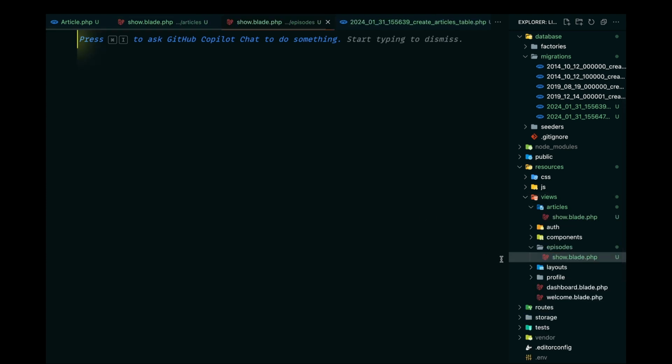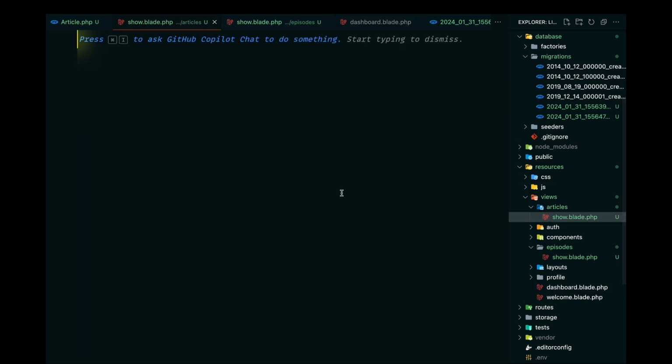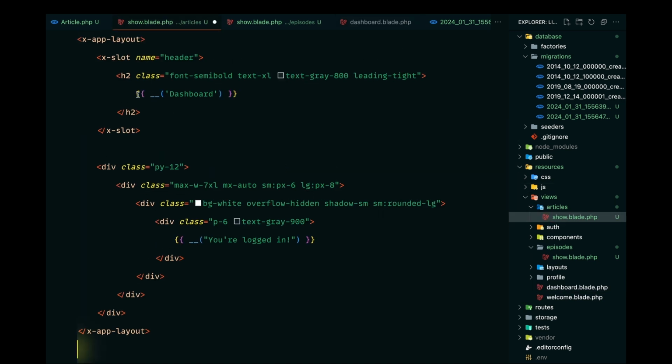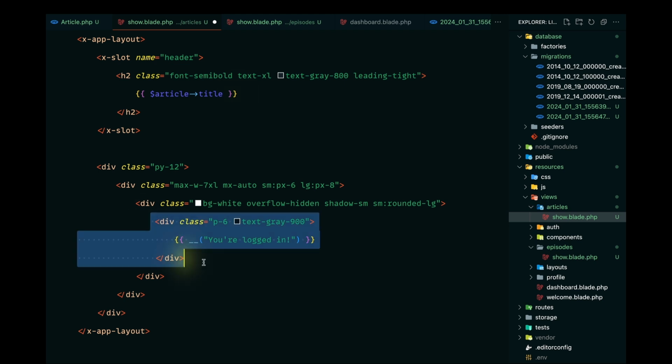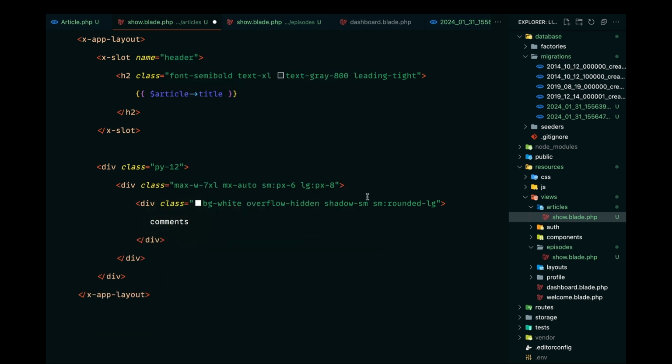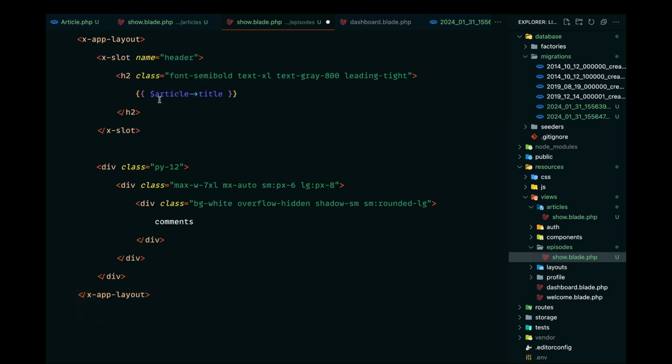Okay, so for the design part, I'll just go ahead and copy this dashboard page and make the necessary changes. So let's just paste that, and let's go ahead and display the article title in here. This doesn't really matter much, but still this indicates that we are on the right page. And here I'll just go ahead and pass in the comments label, and later we'll be displaying the comments related data here. Okay, let's save that, and I'll just copy this again and paste that in our show.blade. In this case, it's gonna be episode title,